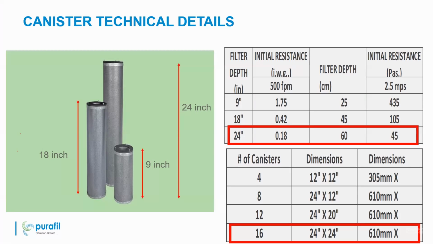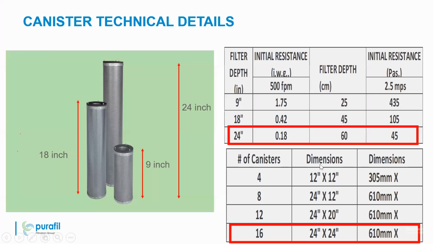If you go to the PK18 module, the pressure drop is 0.4 inch. And here, if you choose 24-inch, the pressure drop is 0.18 inch. So if you find that the AHU does not have the capacity to overcome the pressure drop, and there is no room for installing a blower motor, you can go with this solution. This is one advantage. Second advantage, this has more chemical compared to PK18, so it will last longer.